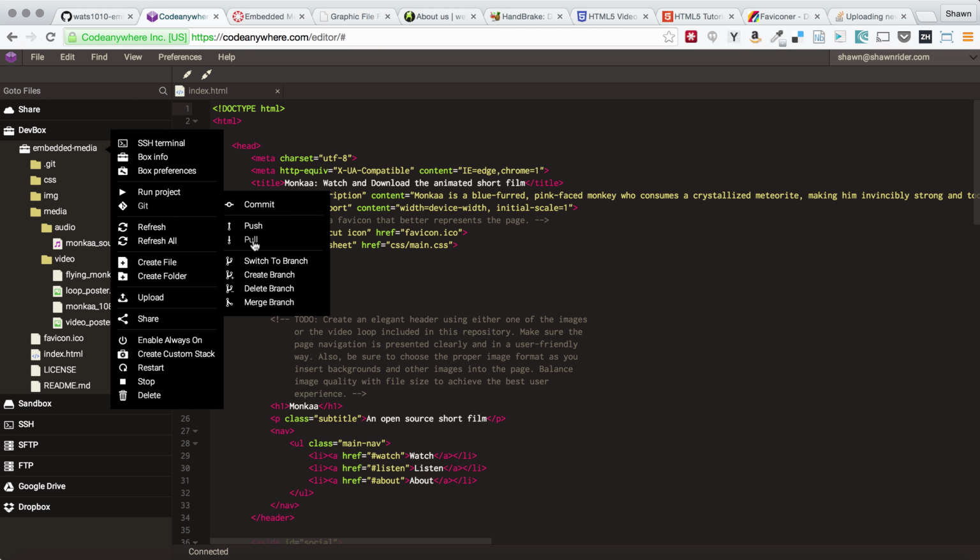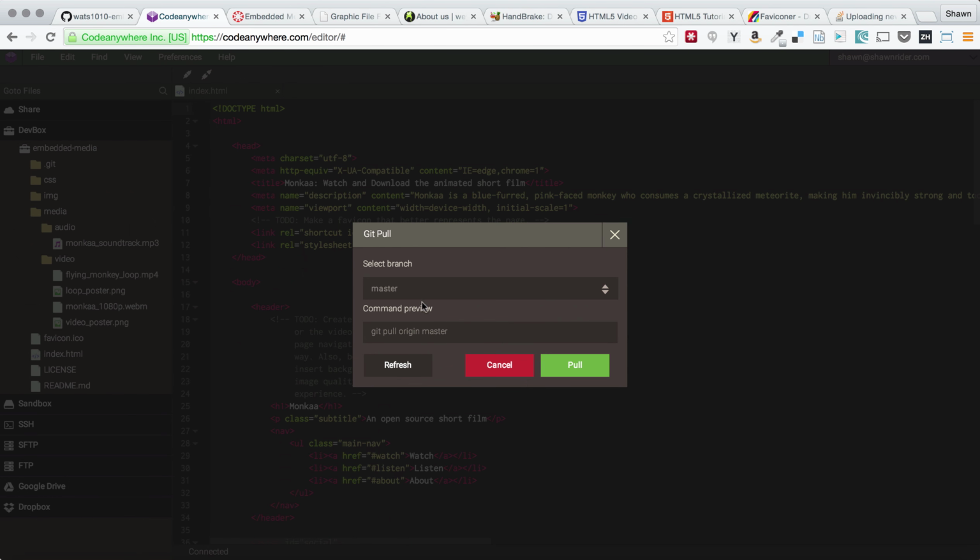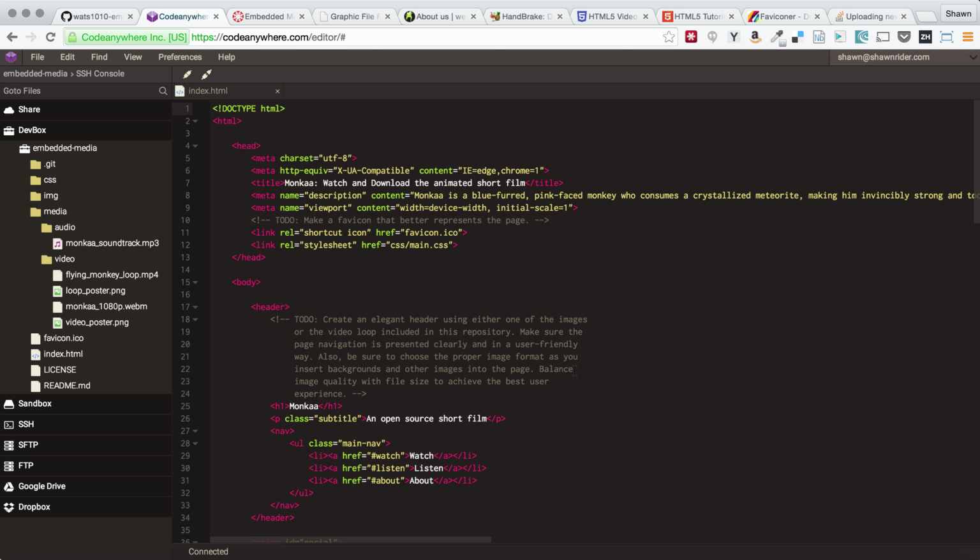And what a pull command does is it checks for new files and it pulls them down, and it tries to merge all of the work that's happened, if any work has happened, in all of the different files. So I'm going to pull, and it shows us again the sample of the command, git pull origin. So we're pulling from the remote server that we call our origin, and we're pulling the master branch. We're still on the master branch. So I'm going to click pull,